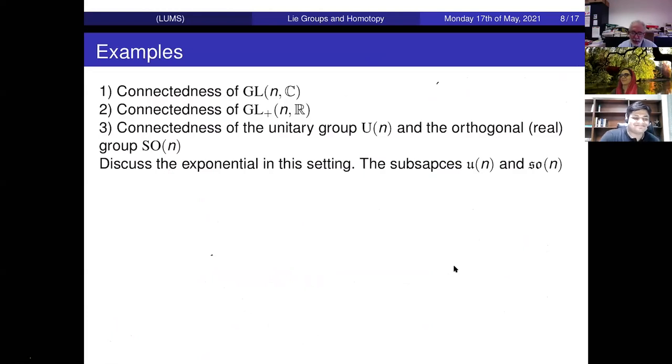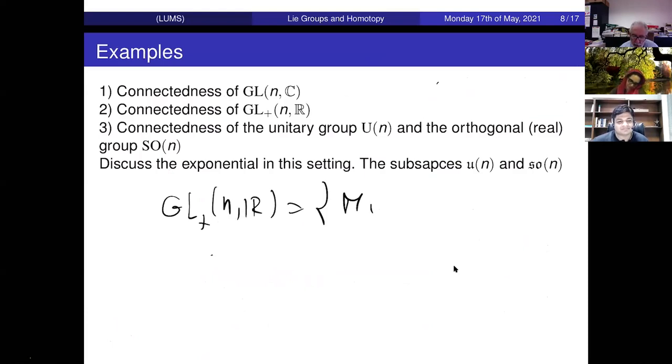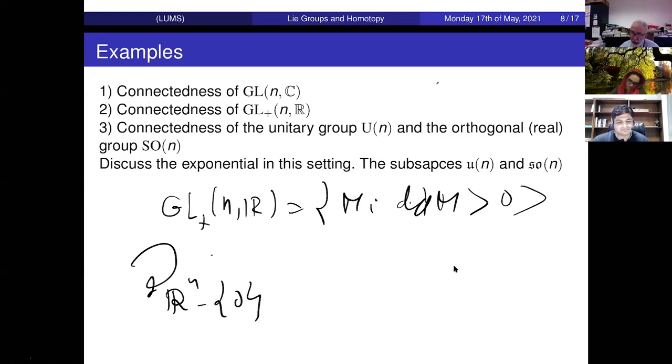Okay, let's go and see what is happening in the case of GLN plus, because GLN plus happens to be a little more difficult. We do the same, okay? We make GLN plus, that means a set of matrices of determinant strictly positive, and we make it act again on R^n minus 0. And in that case, working with the GL1 is connected from the situation 1, and we can again